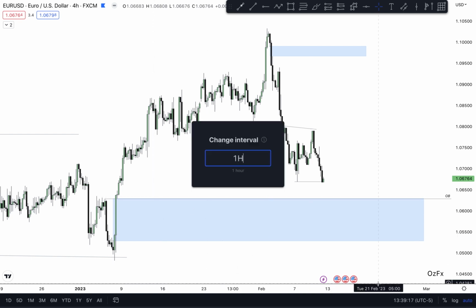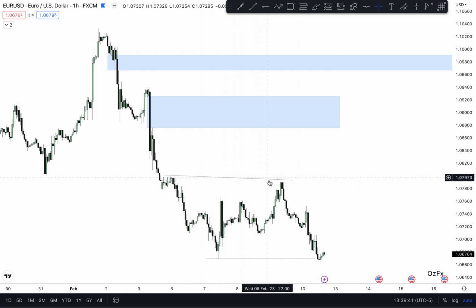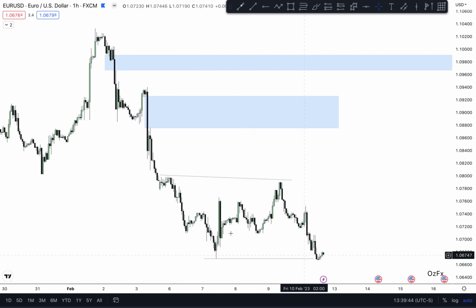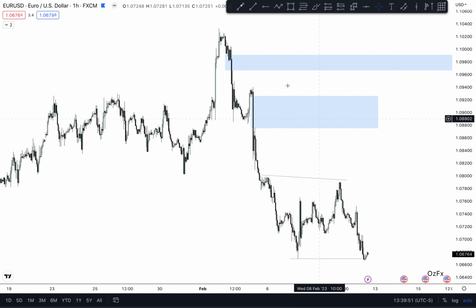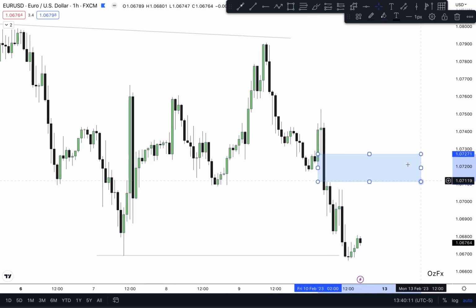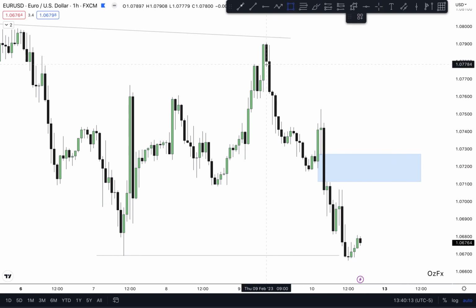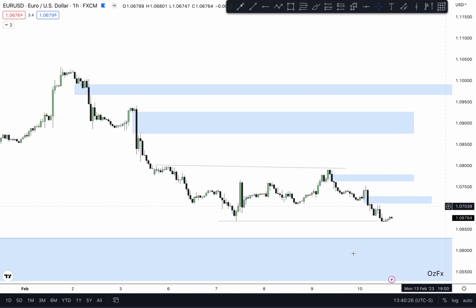So let's go down to the 1 hour. And now on the 1 hour, you want to start marking out other imbalances like this one. We see that there's relative equal highs here. We see that we've been breaking down. So if we start to move up first, we could see sells from this area, or it could just completely go through that area as well. You could be marking out areas like this just to see how price reacts when it gets there. But like I said, unless you're actually interested in the area, there's no reason to point them out. But these areas right here could very well be valid areas to sell into, to go down into this area